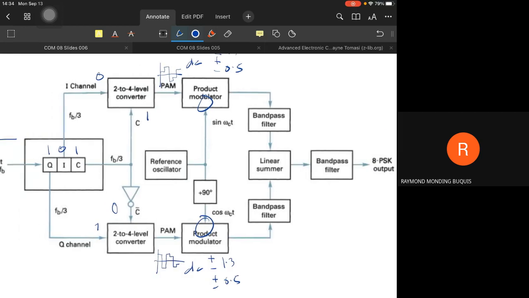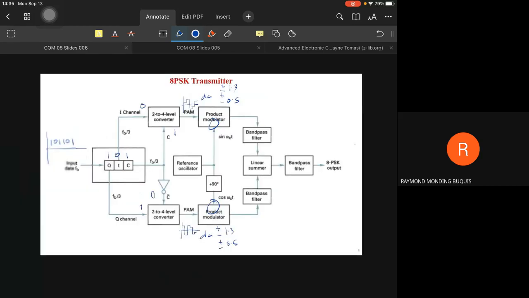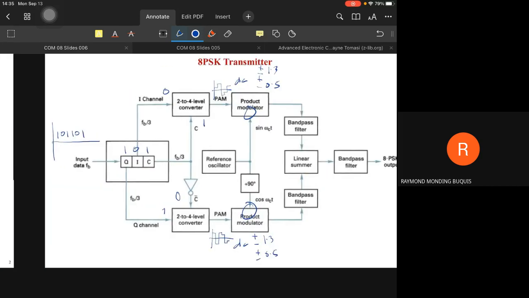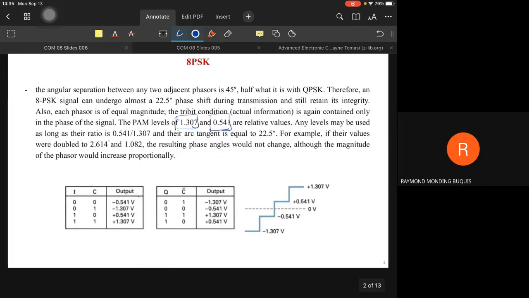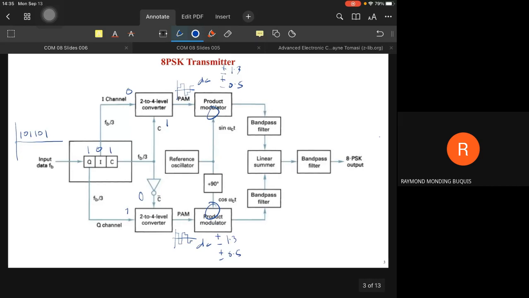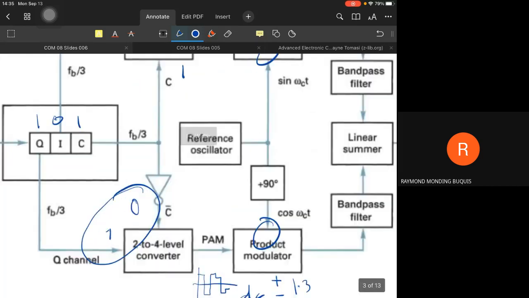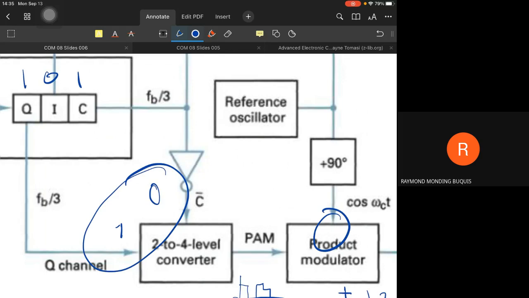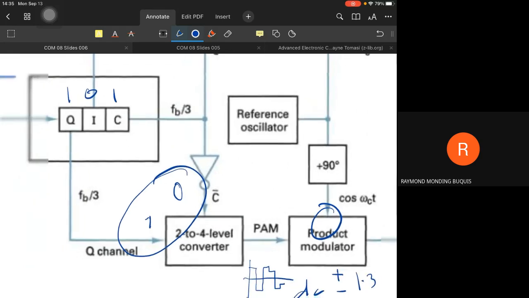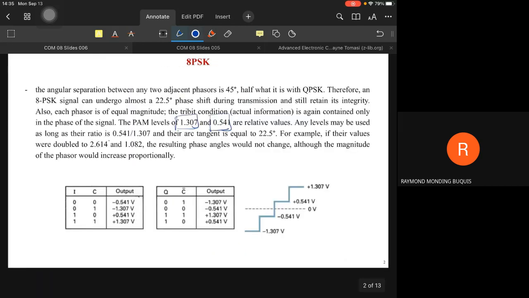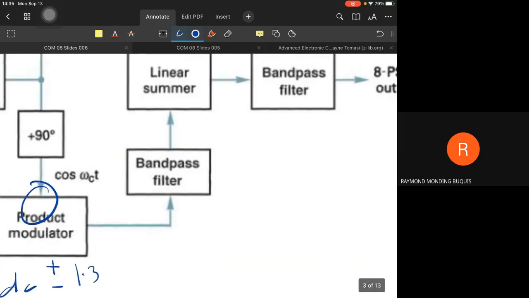10 o 01, no? 10 o 01. So, kung 10 sa Q is positive 0.541. No? Pero, muna yung kitanaw ha, guys. 10, kung para mabutangan na nato actual nga value. Si Q is 1, si C bar is 0. That's positive 0.541. So, ang actual nga output dito is positive 0.541 times cosine